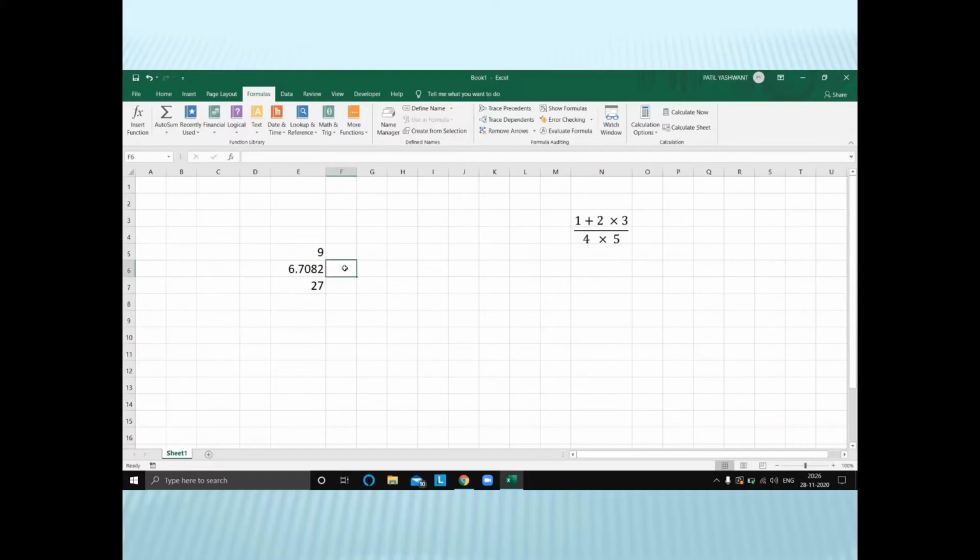All Excel formulas start with an equal to sign, and so you can just refer to cells. So I could add cell E6 plus E7 and it will give me the value. Now you can go to the formula bar and start typing. So maybe equal to 4 plus 3, and you can see here it echoes the same text which we have typed in the formula bar, and then press enter and it gives you the value 7.